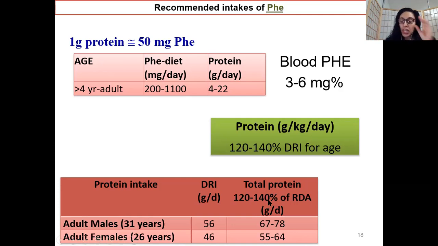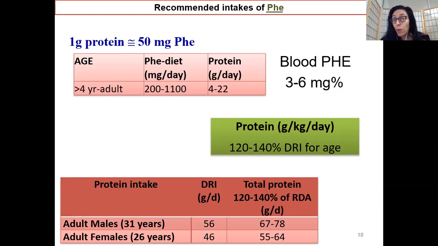All right. Of course, there is current research going on in the area of PKU, where they are trying to make medical foods using intact proteins, but which do not have phenylalanine in them. These are called glycomacropeptides. So they are trying to make medical foods using glycomacropeptides. These kinds of medical formulas will have intact proteins which are more bioavailable compared to the ordinary medical formula you get in today's market.